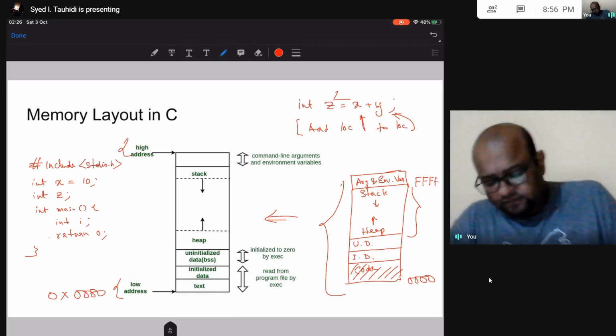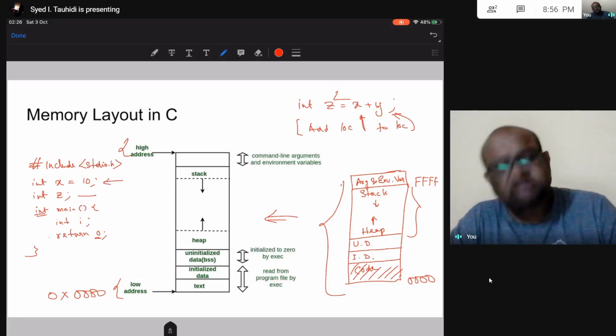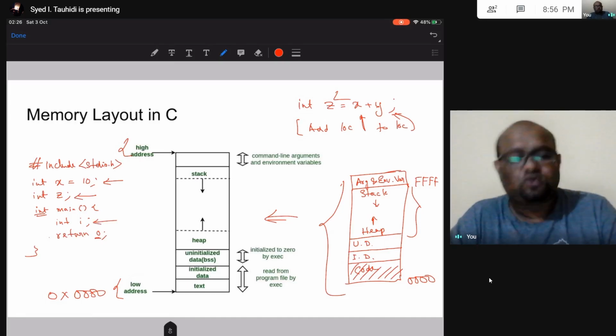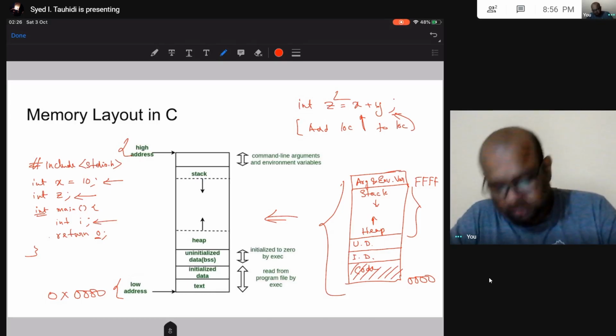Now I have three variables in this program. One is an initialized global variable, one is an uninitialized global variable, not initialized anywhere in my program, and then I have this local variable that is local in this main function. So there are three variables that are declared in my program.